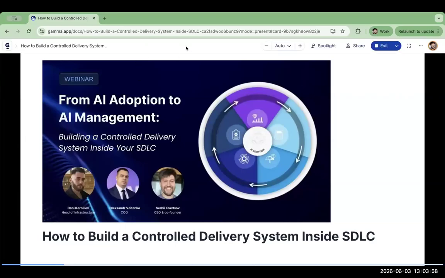Today we'll talk about AI in delivery, AI and orchestration, how to make it more controlled, less chaotic, more visible, more understandable for managers. And I think many of us already use tools like Claude, Cursor, some coding plugins like Anti-Gravity,